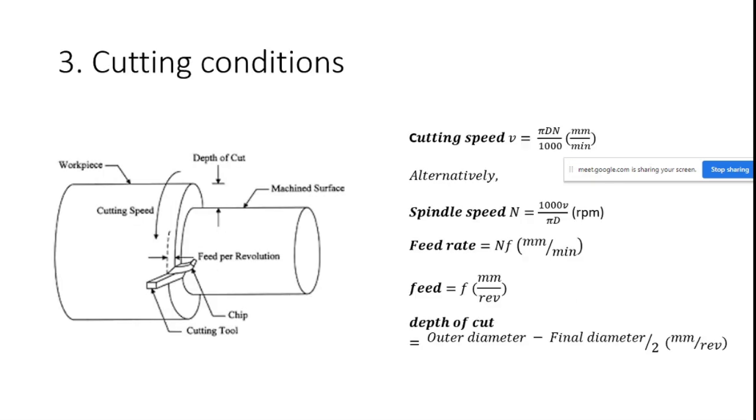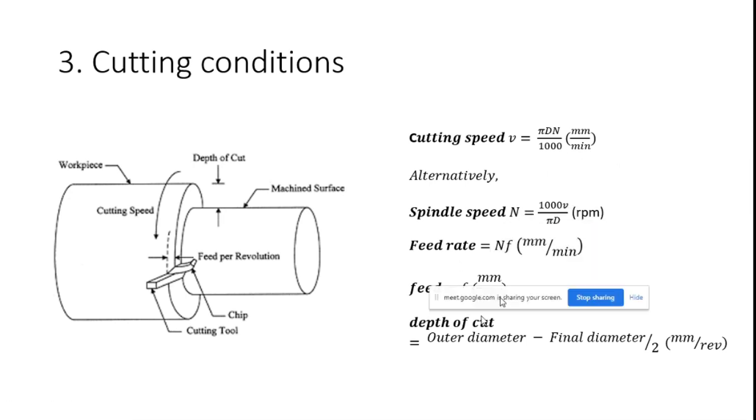After identifying the mass, we should be aware of cutting conditions. Already I told about cutting conditions. What are the basic cutting conditions available: spindle speed, feed rate, and depth of cut. Every engineer, machine shop engineer, should be aware of what is meant by cutting speed, what is meant by feed rate, and what is meant by depth of cut. Yes, I will tell you what it is here.